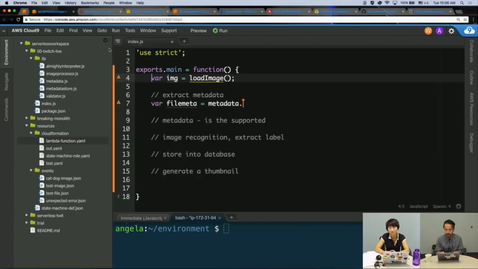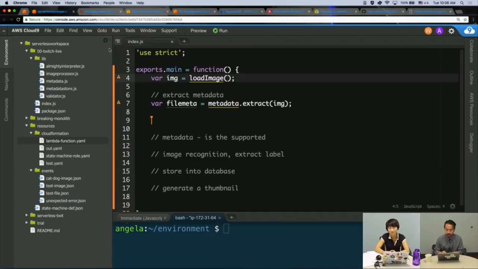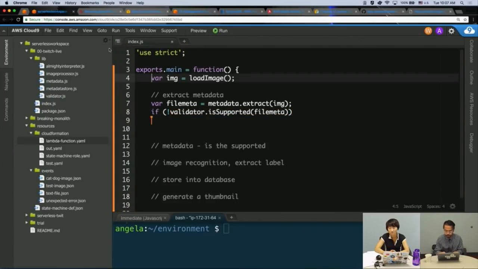I would create a metadata class where the function extract, given an image, will return me some metadata, an array of metadata. And maybe I can have a validator class where the function is supported. When you pass on the metadata, you can decide whether or not this thing is supported, right? So if validators is not supported, you can do something here, let's say, throw an exception. I don't know. We're just making things up as we go along. And then if